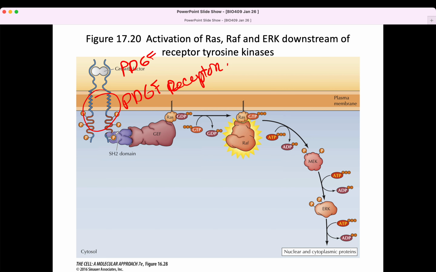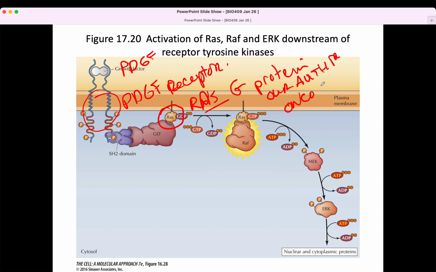Then the PDGF receptor is going to ultimately activate this RAS. And RAS is called a G protein. And our author studied RAS when he was your age. And RAS is also a very famous oncogene. RAS is the most common mutation